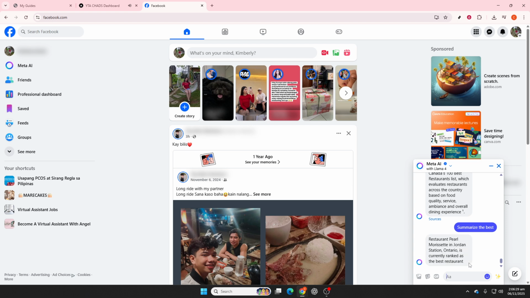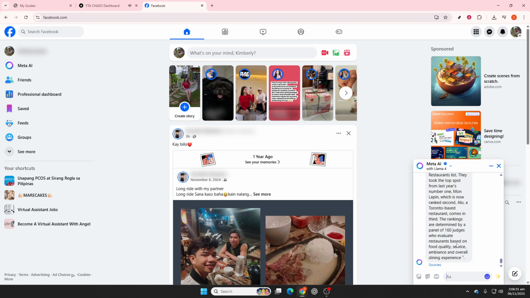And that's how you get the most out of Meta AI on Facebook Messenger. Whether you're exploring its creative suggestions, diving into AI-generated visuals, or using its insightful summaries,